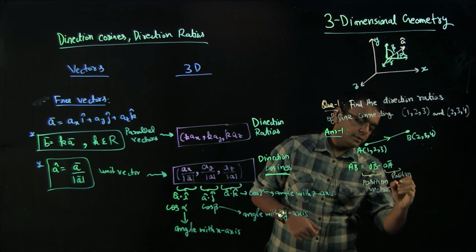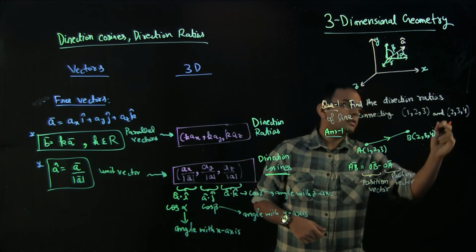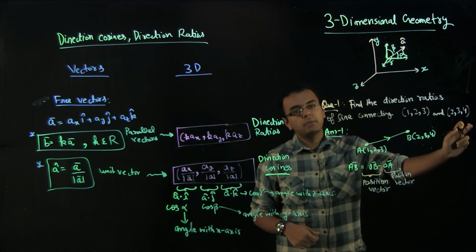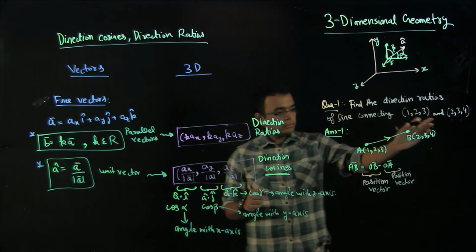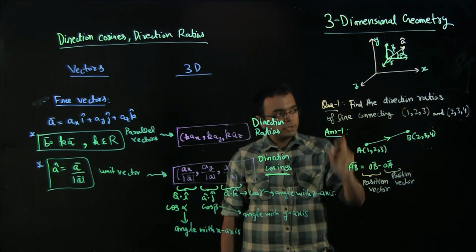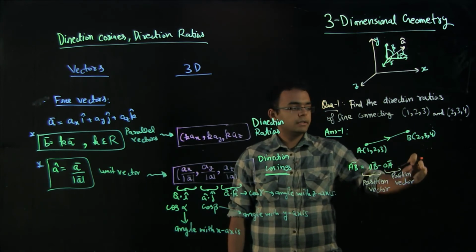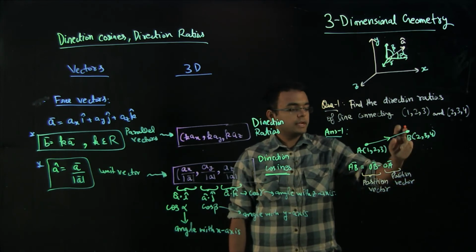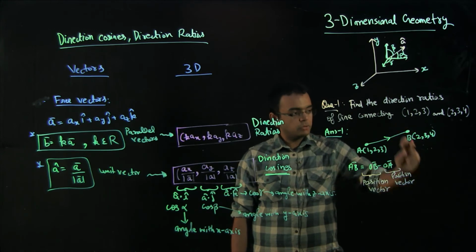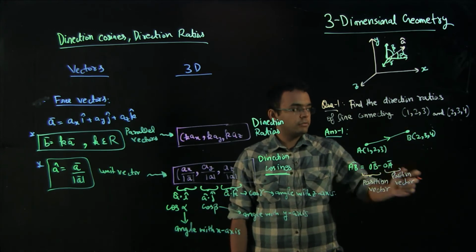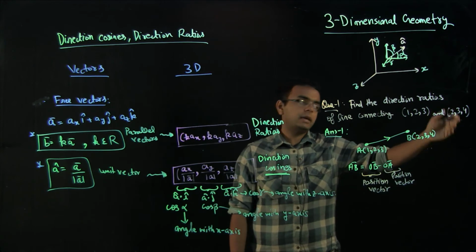So what is the OB vector? The OB vector is basically 2i cap plus 3j cap plus 4k cap. This OB vector is the vector connecting the origin to point B. So there is an origin, let's say the origin is here, then the vector connecting the origin to B is the OB vector, whose value is the coordinates multiplied by i cap, j cap